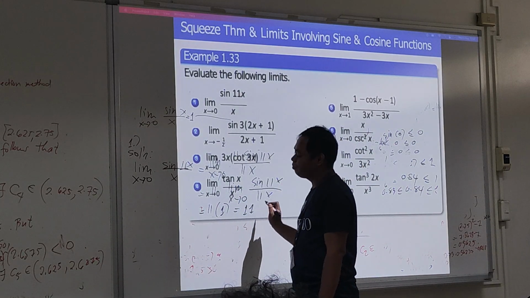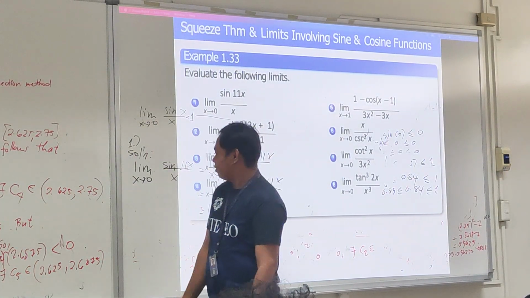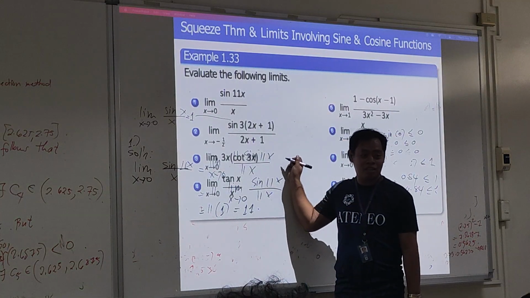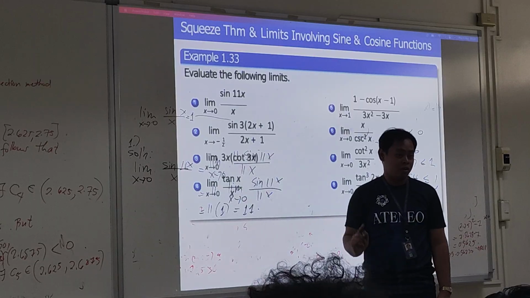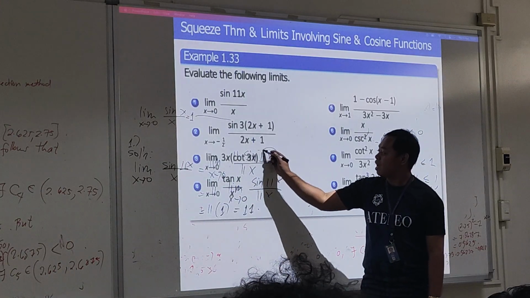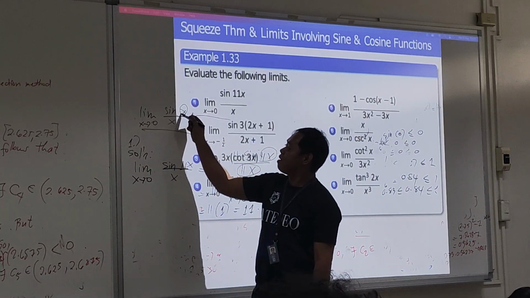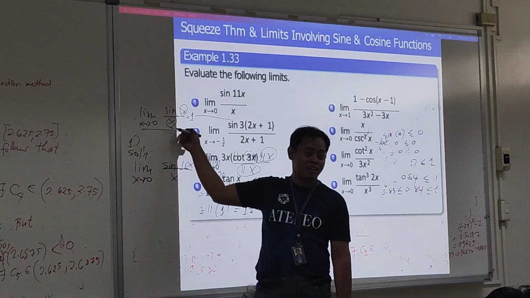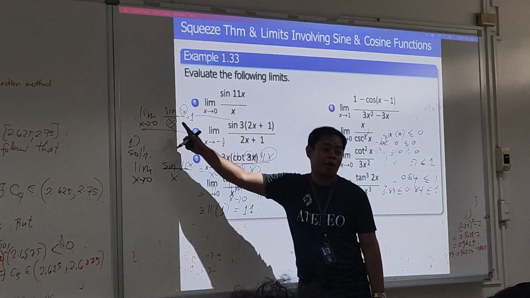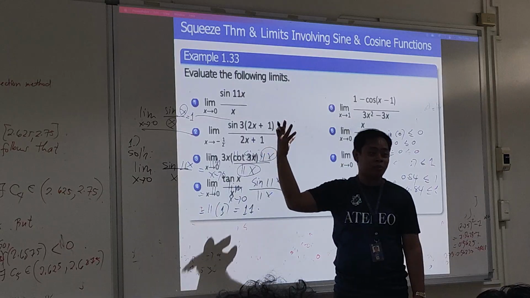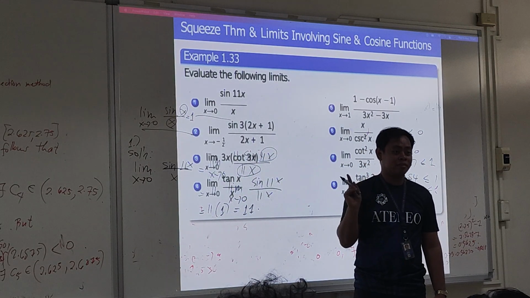And as you can see, the same denominator, and that is just 11 times 1. That is just 11. Sir, can you repeat? Why did you put 11 below? Because when you multiply by 11 over 11, it is actually 1. The goal, guys, is that the angle should be the same as the denominator so that we can use the formula. Since it is 11x, we put 11 in the numerator and 11 in the denominator. 11 divided by 11 is just 1.